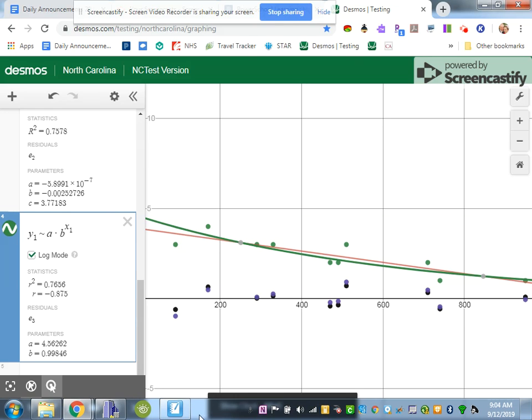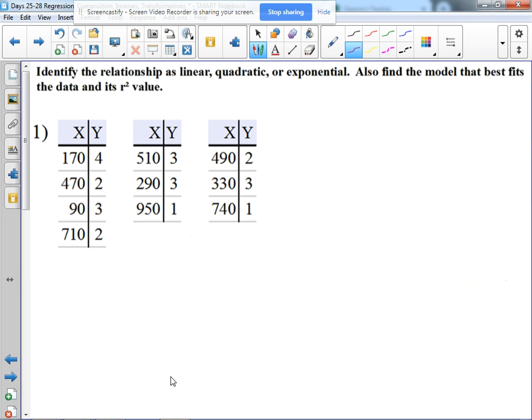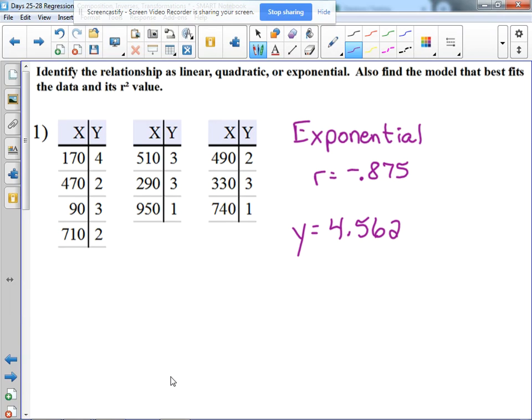So we can write down that this one's exponential. R equals negative 0.875, and our model is y equals 4.562 times 0.998 to the x. I was just copying those numbers from what Desmos gave me there. Okay, so a little bit of a crash course in it today. We will expand